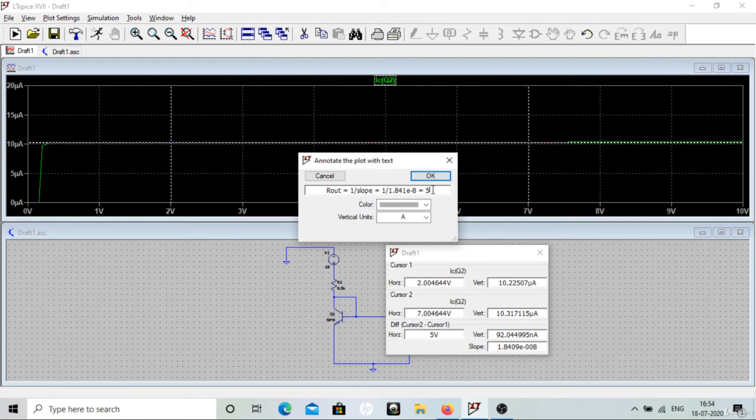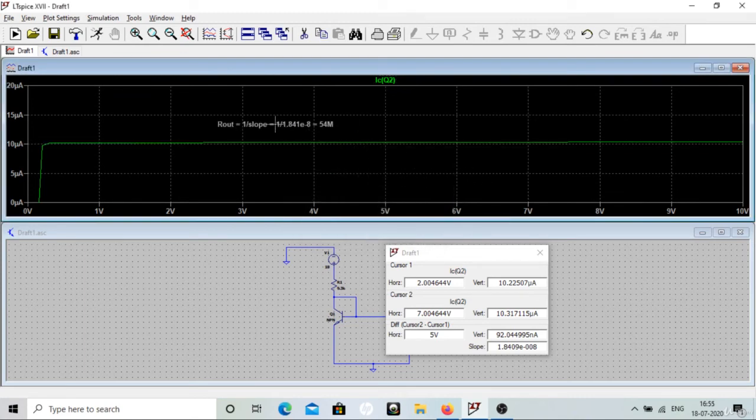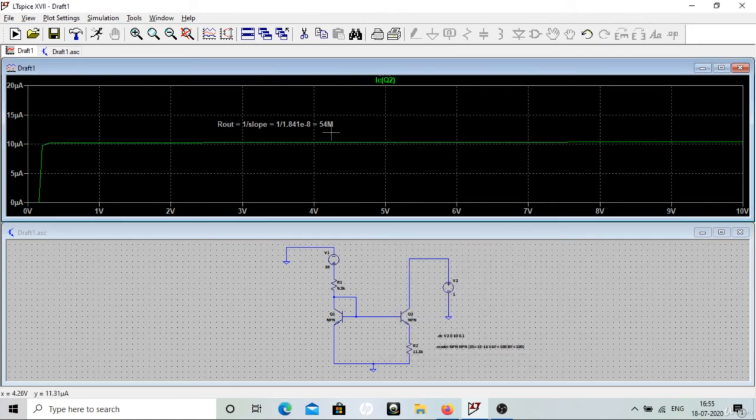It is not exactly what we calculated, but the range is almost in mega ohms. We approximated some results, so that's the reason we are getting a different value of R out, but it's in the mega ohm range. The important thing is the curve is almost flat, though not exactly flat, and you are getting high output resistance and different currents.